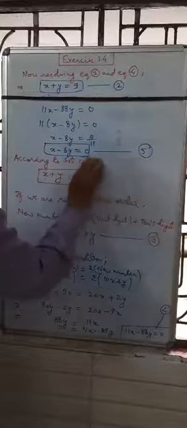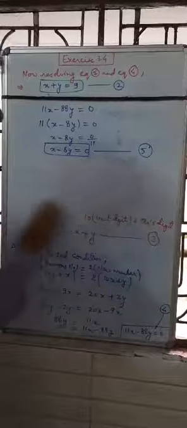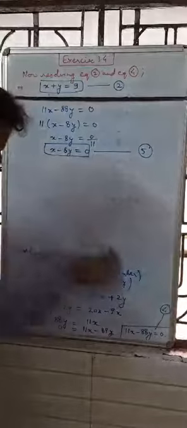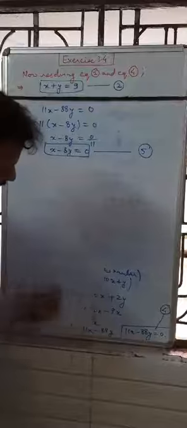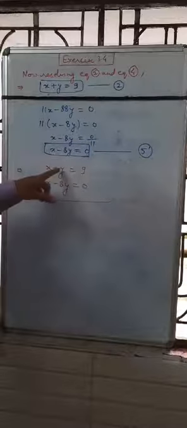Now we are solving these two equations, a linear pair of equations, by using the elimination method. What is the target of applying the elimination method? You are looking at two equations: x plus y is equal to 9 and x minus 8y is equal to 0. The target of the elimination method is to make either the coefficients of x the same or the coefficients of y the same.